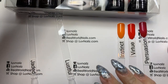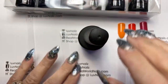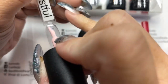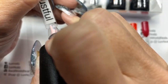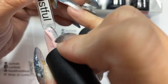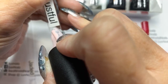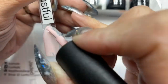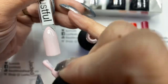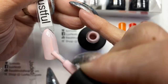All right, let's move on to Lustful. And Lustful is going to be crazy popular as well. This is another gorgeous light pink. I don't know about you, but my clients are obsessed with Fairy. And this is a version that is like Fairy, but not as bubblegummy pink. It's got a little bit more of a corally base. It reminded me a little bit like a lighter version